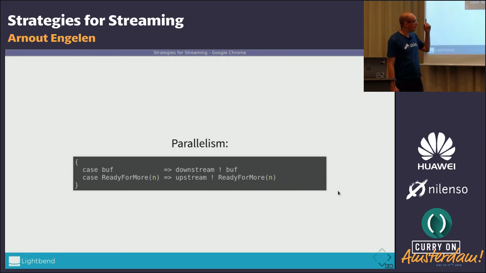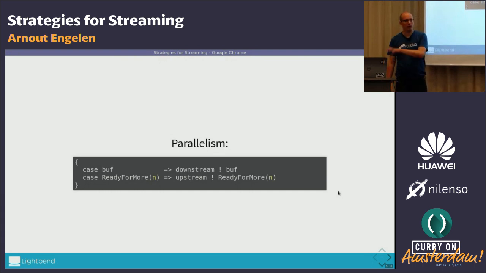And so this approach with signaling demand upstream makes it really easy to make that possible. Because you just say downstream, okay, I have room for 15 messages. And then upstream, you can start processing 15 messages, and they can all go in parallel through your stream.